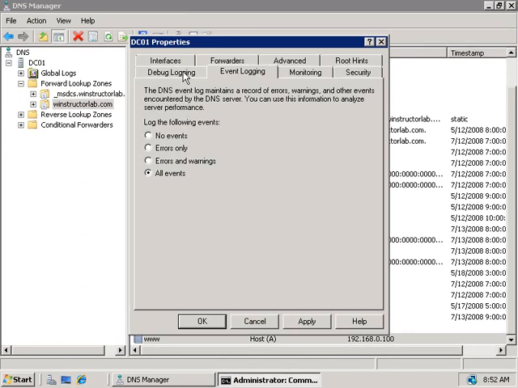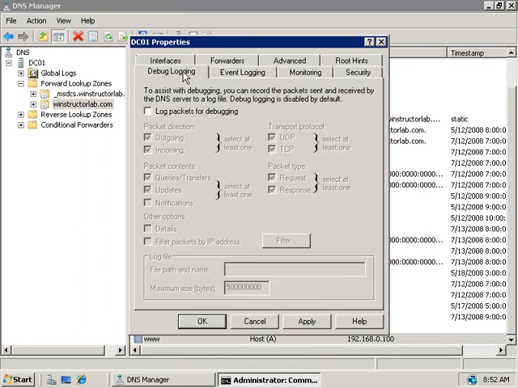Now the next tab, the Debug Logging tab, is where we can tell our DNS server to log to a text file packets sent to and from the DNS server. Now a word of advice though, debug logging on your DNS server is going to slow its performance considerably, so only use it for troubleshooting and turn it off during normal use. Now by default it is disabled, but we can enable it by clicking on this box here to log packets for debugging,